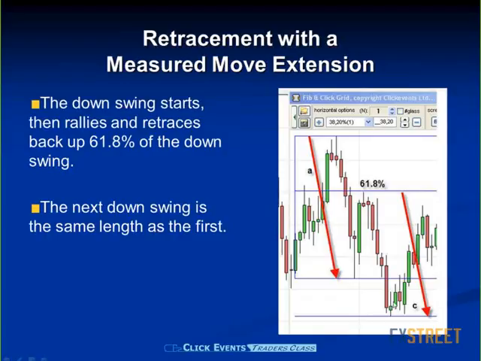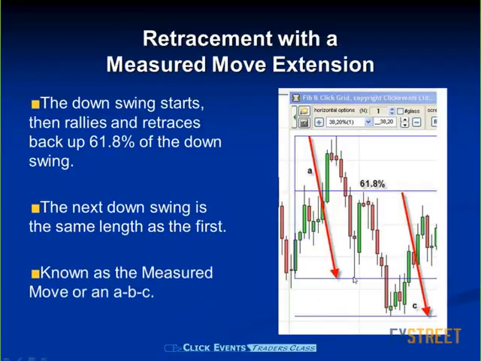Then we get the next move on the downside, the C move, and the C move has now gone below these previous levels of support, and lo and behold, down it went, only to find that the C move is exactly the same as the A move. So if you see that phenomenon, despite the fact that this has broken to a new low, and the breakout traders would have been just selling this like crazy, this one little bit of knowledge might stop you selling with the crowd.